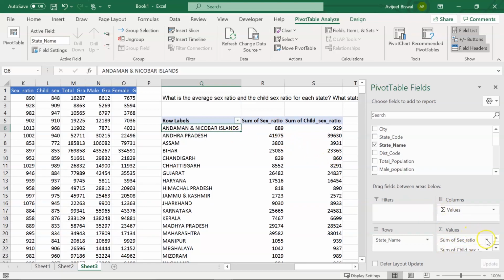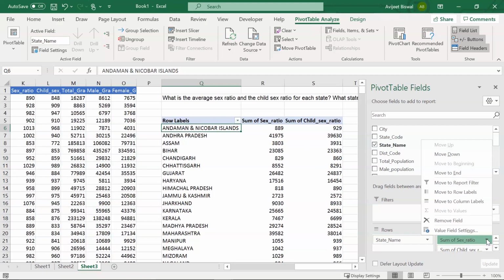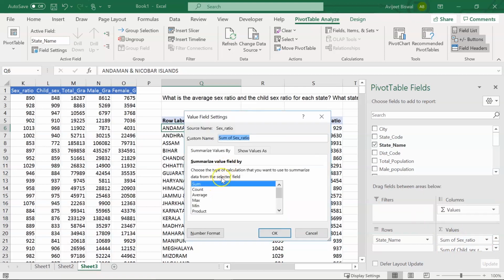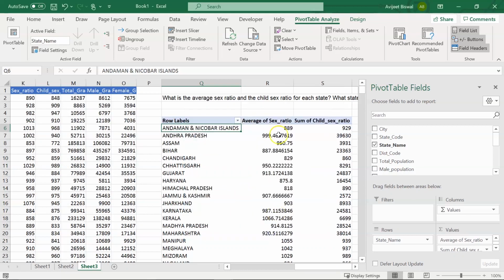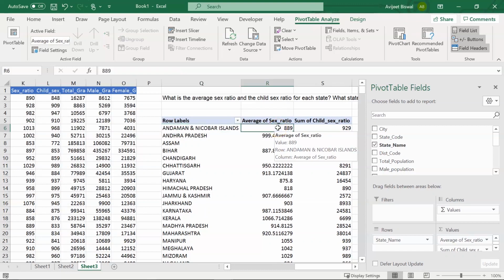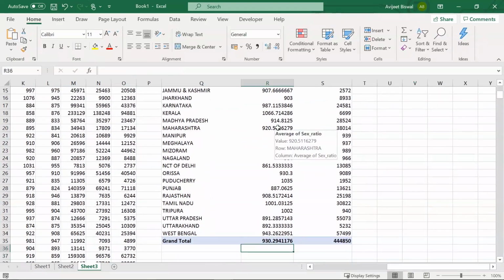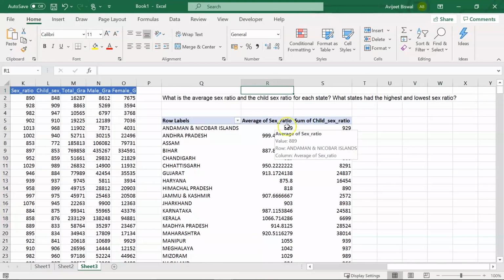So what you can do, you can click on this drop down and go to value field settings, and here summarize values by, you can choose average. You can see the custom name, it says average of sex ratio. Click on OK. Our entire column is now giving us the average sex ratio.